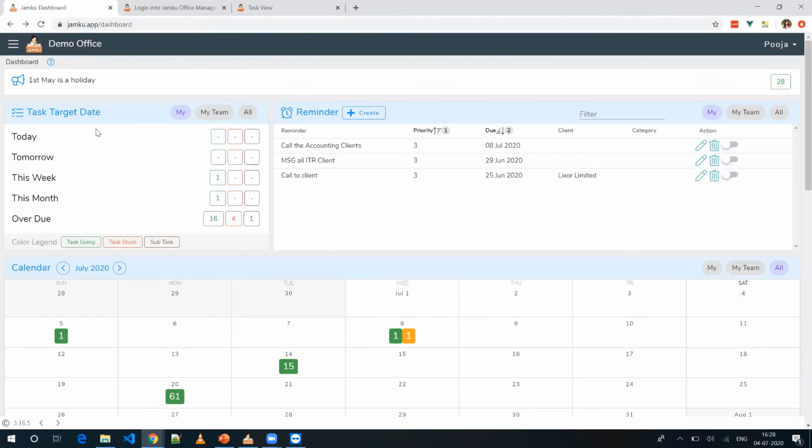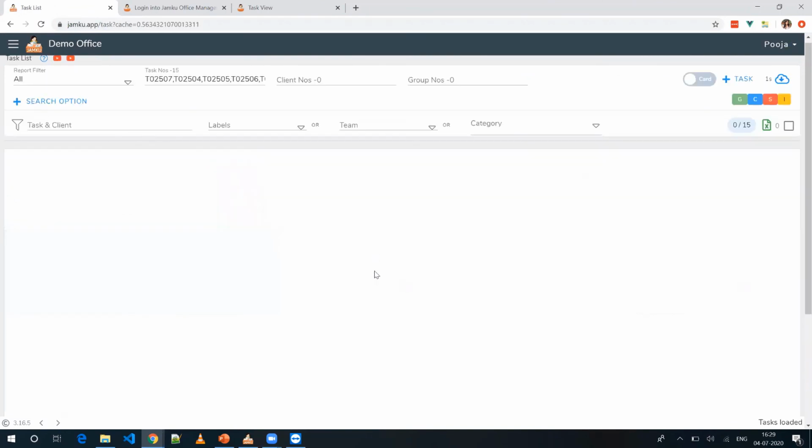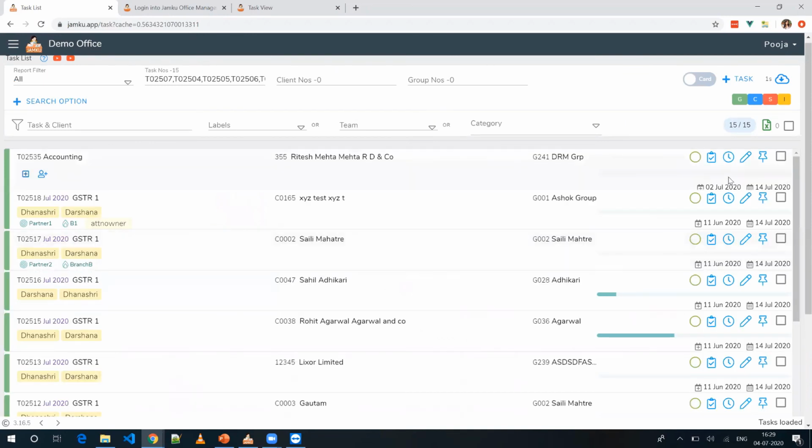Now see how you will operate things. As soon as you log in, you come to your dashboard. Here you will see what work you have to do, what work is lined up for you based on the due date or the target date. You just simply have to click on that number, have a look at the task, work on that, and accordingly update it over here. Even if you have been given 10 tasks for a particular day, it should hardly take 10 minutes of your time to update it over here.